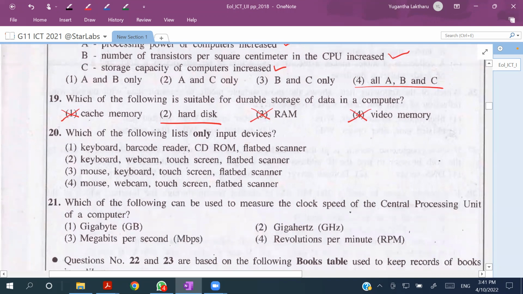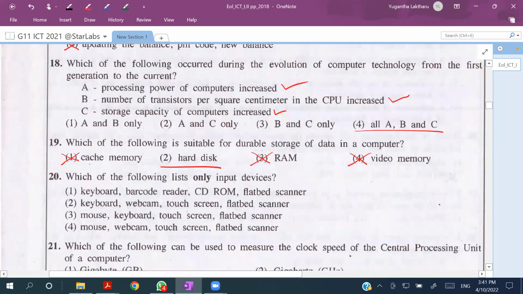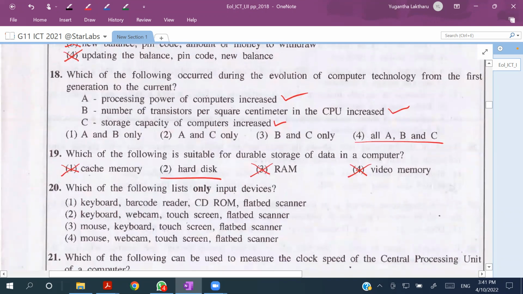20th, which of the following lists only input devices? Easy one: keyboard, barcode reader, CD-ROM, flatbed scanner. So keyboard is input, barcode reader is input, CD-ROM is considered a secondary storage, and flatbed scanner, yes, it is an input device. So